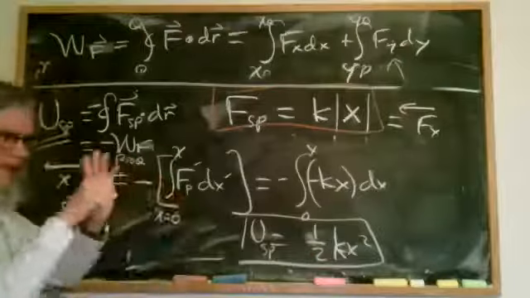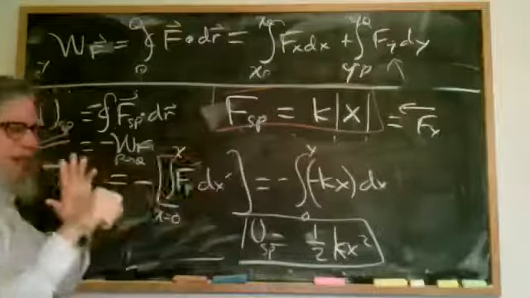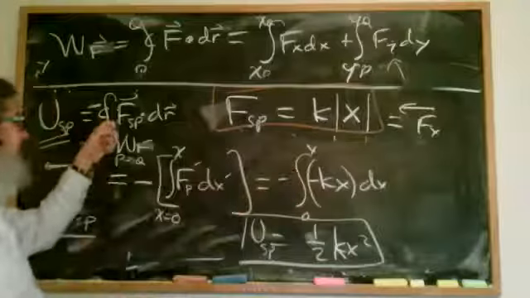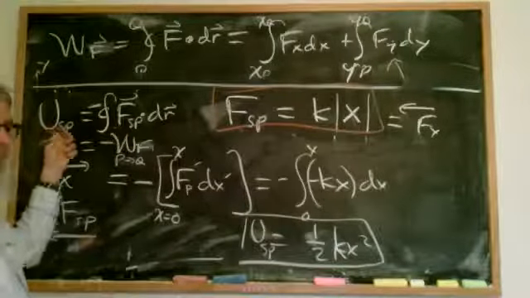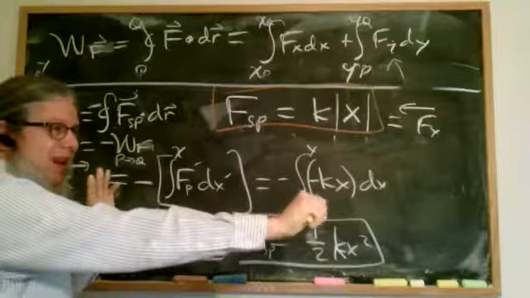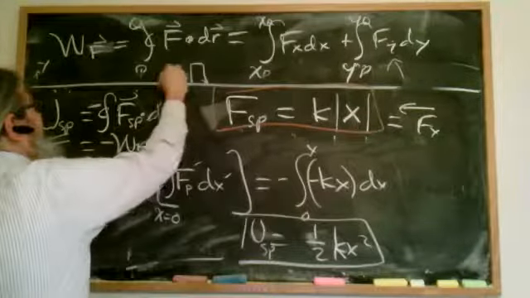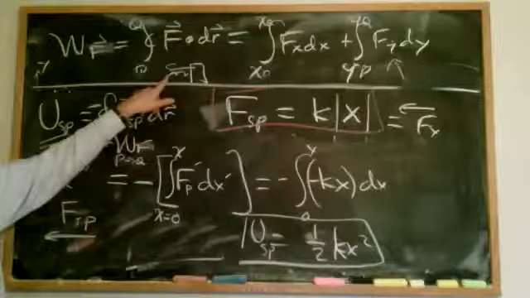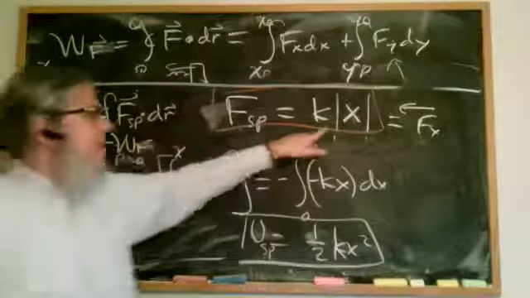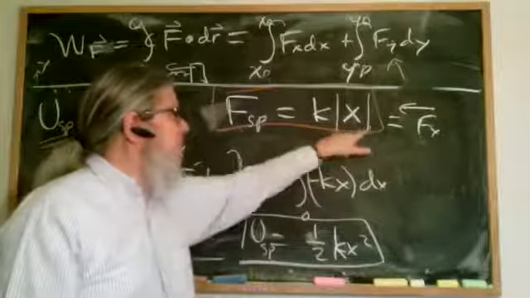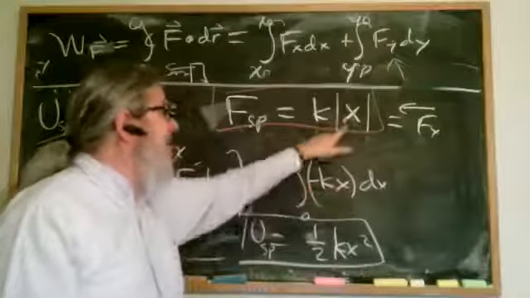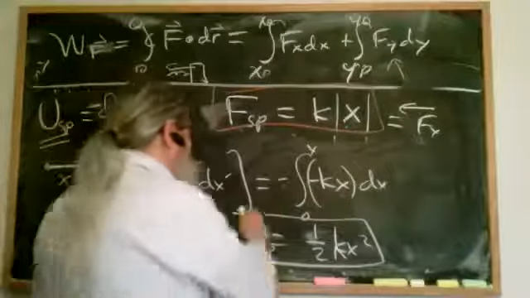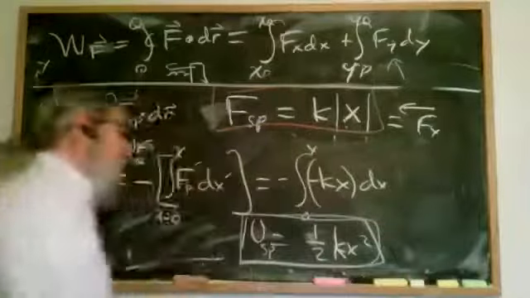As I stretch the spring, the way to think of it is, the spring is doing negative work. The negative work that's done gives me a positive potential energy. I'm putting energy into the spring. If I let go of the block, it comes flying back, and that potential energy is converted into kinetic energy. By the way, if you want to change x to negative, then that negative goes away, but a negative comes in here, and you still end up with this answer. So this is true for any x. Okay, thank you.